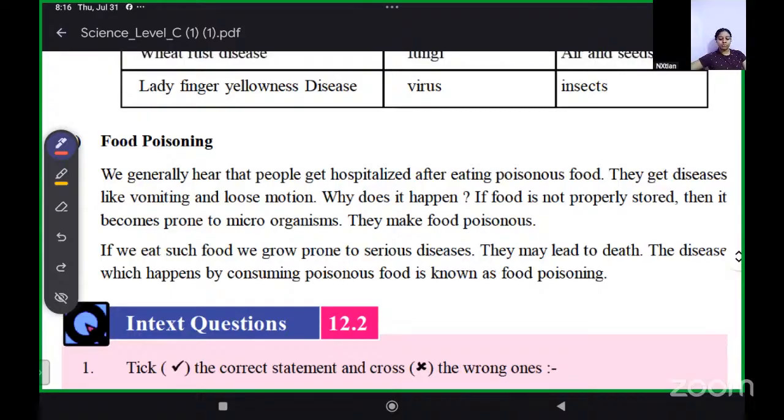Another thing is that you eat a fish, and the fish already ate something that was poisonous. Then you ate that fish who ate something poisonous, and you might get food poisoning too. That is like the food chain. The poisonous thing the fish ate, and then you eat the fish, you might also get food poisoning due to eating that fish. So that is food poisoning.